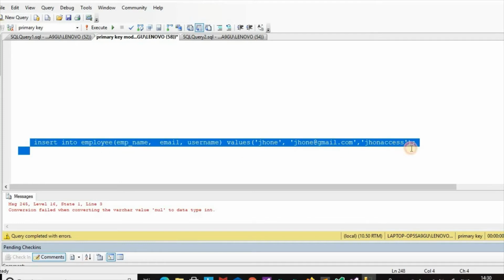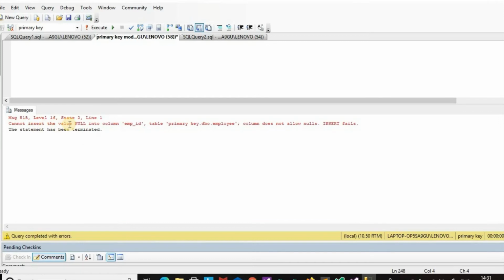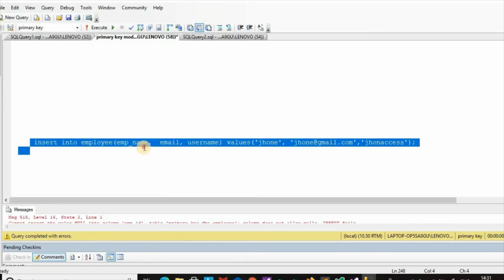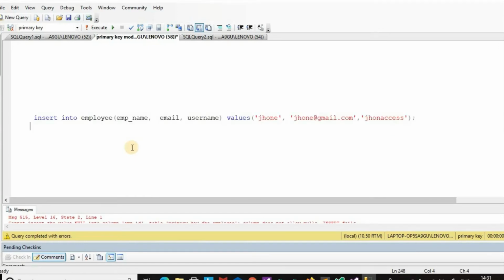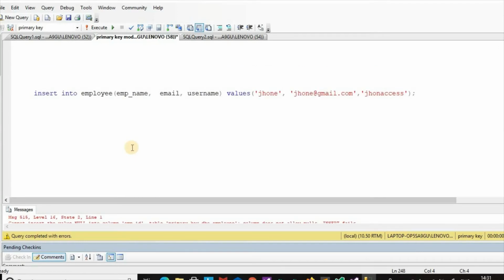If we try to execute this kind of query, we get: cannot insert the value NULL into column EMP ID, table primary key. Column does not allow nulls, insert fails. So with this also, the insertion failed.